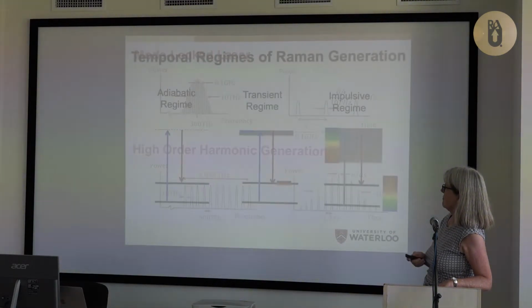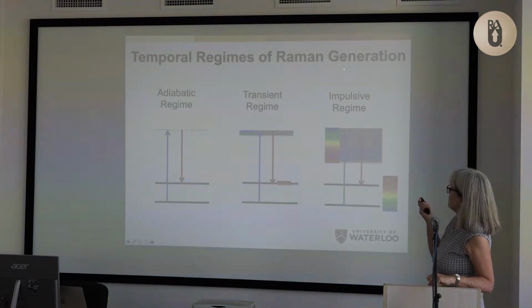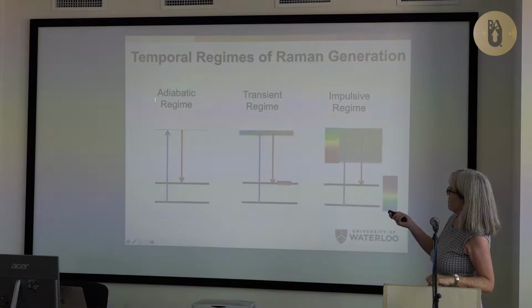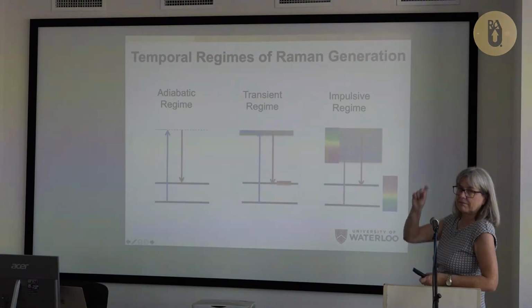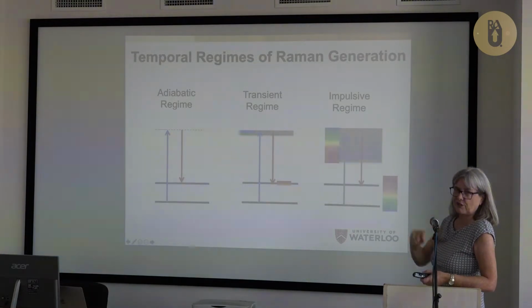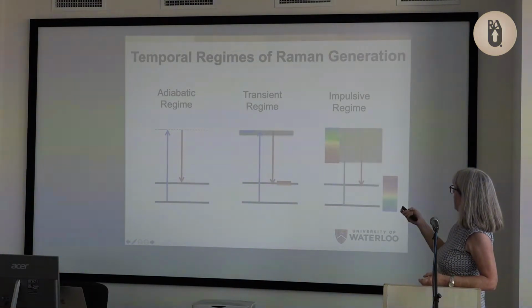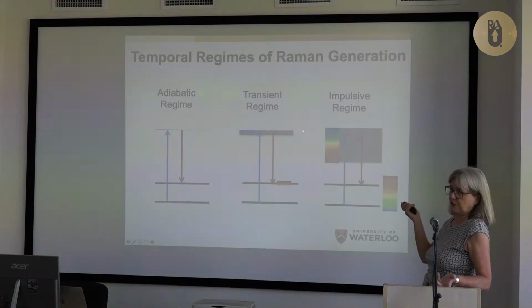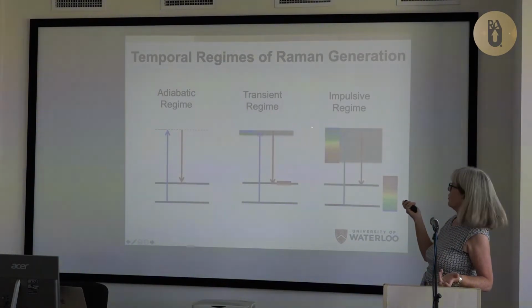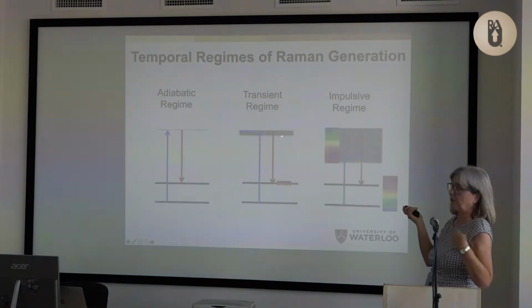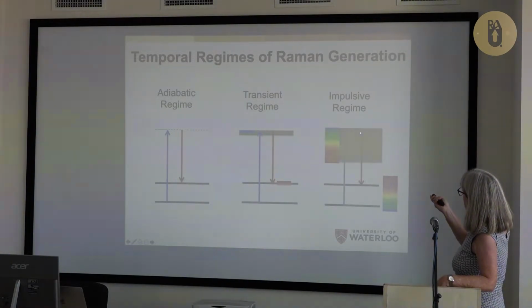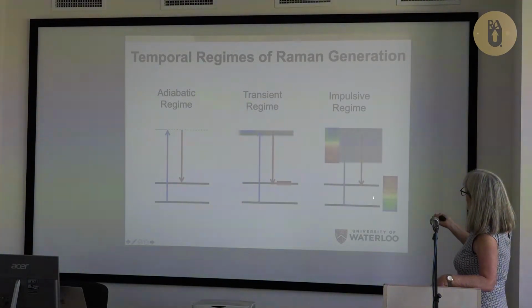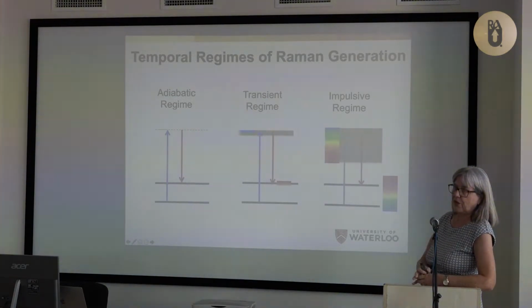So now I'm going to talk about the different types of temporal regimes of Raman generation. Where I showed you that they already just took 5 orders and timed them up, they're in the adiabatic regime, long pulse. That means their spectrum is narrower than the coherence spectrum of the rotation or vibrational level you're talking about. On the other hand, you could use these amplified 20 femtosecond pulses. There would be so much bandwidth in there, the 2 colors you want are inside the one, and it would just be the same short pulse, but you would pull the blue out going up and you pull the red out coming down.